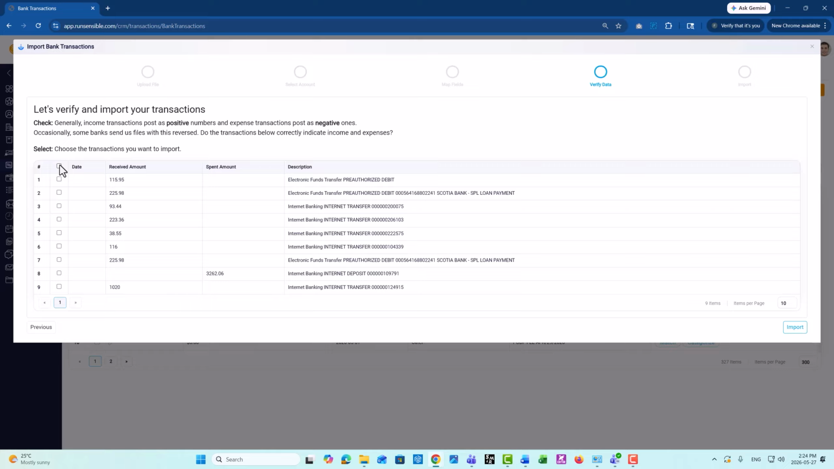When the review is complete, clicking the Import button at the bottom right of the screen finalizes the process and adds all selected transactions to the designated internal bank account. If adjustments are required, users may click the Previous button to return to earlier steps and modify file format settings or field mappings. This structured verification process ensures that only validated and approved transaction data becomes part of the organization's